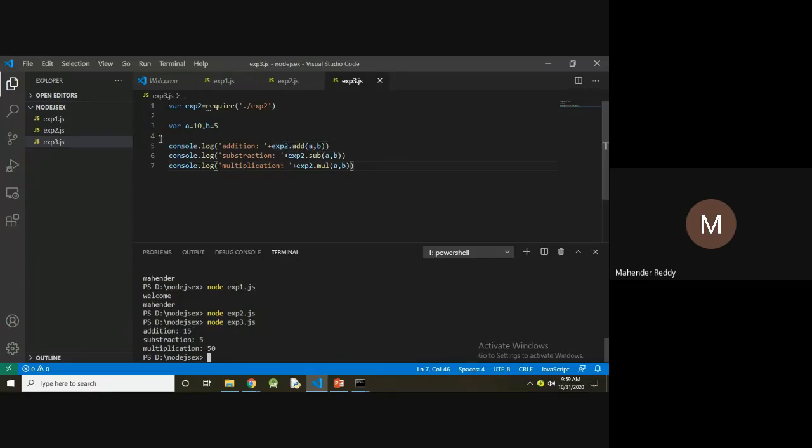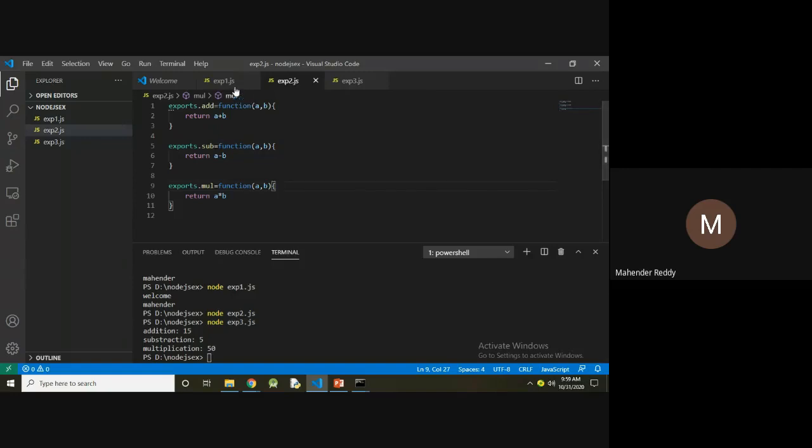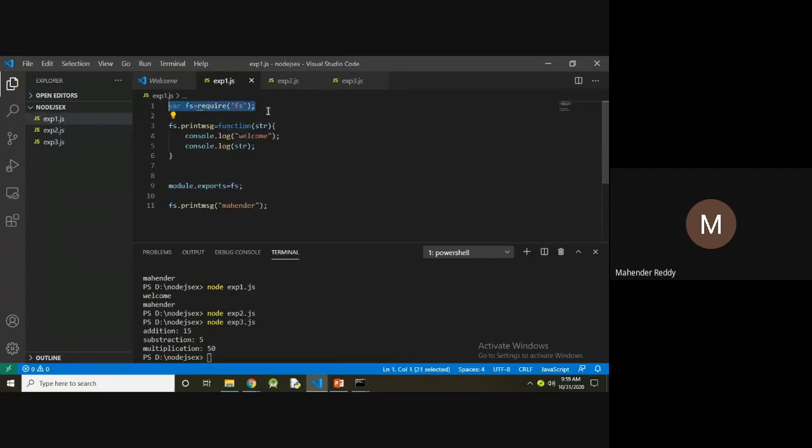So here you can also include the files whenever you want information from another file. That file we are calling here a module. So here we included the FS module.